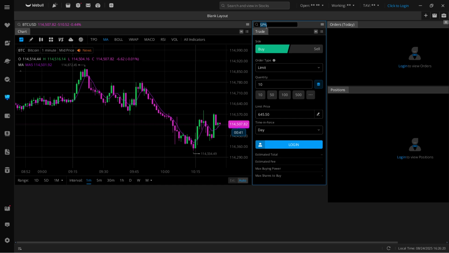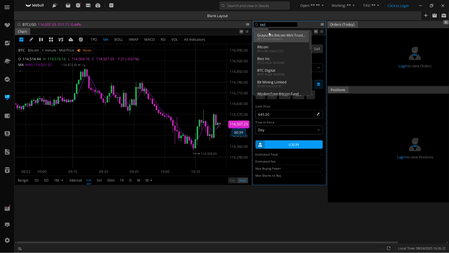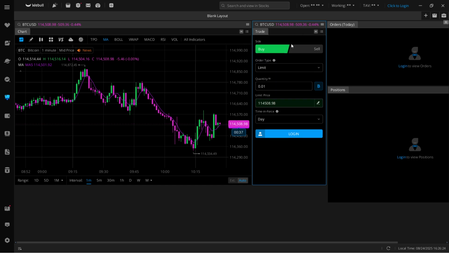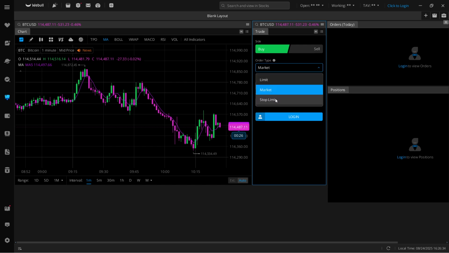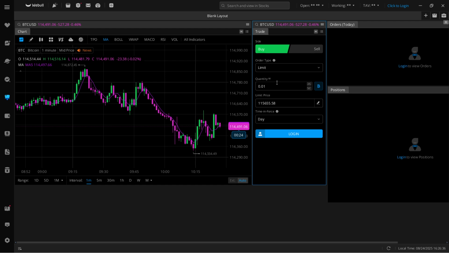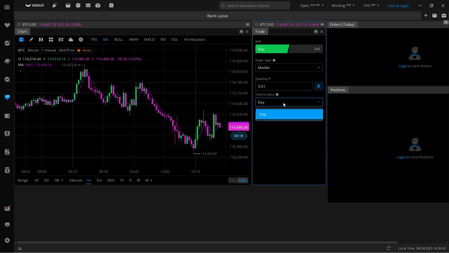Up here, then you of course have to go to trade, and you want to change it to that exact same thing as well. So it's going to be this one over here, and then once you are on the exact same panel, you can just go ahead and buy and sell over here. So go to buy, select the order, so either limit, market, or stop limit over here, whichever you want. Select the quantity over here, and then the limit price if you want, or if you go market, of course just the quantity, and then time in force can be whatever you want, but for me it's going to be